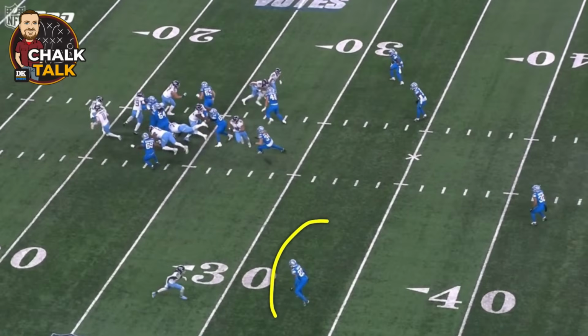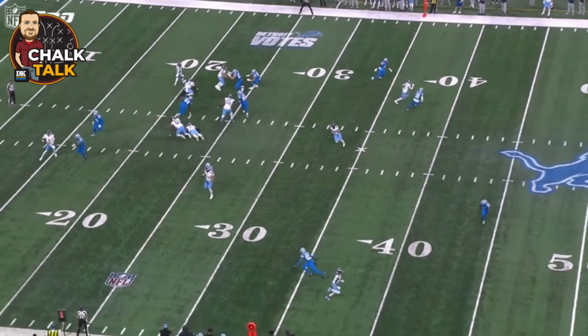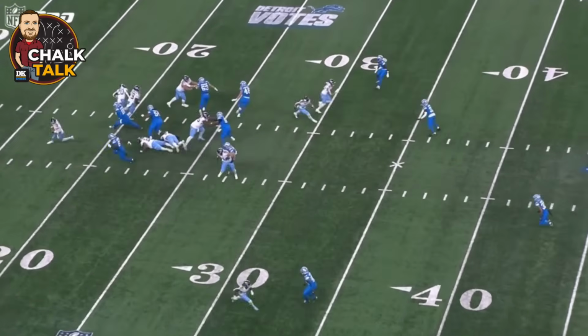And this is another tell right here, if you're looking for man or zone. Notice how he passes him off. So, actually, Rudolph was also thrown by that point. But either way,